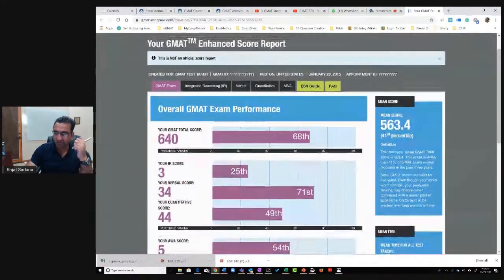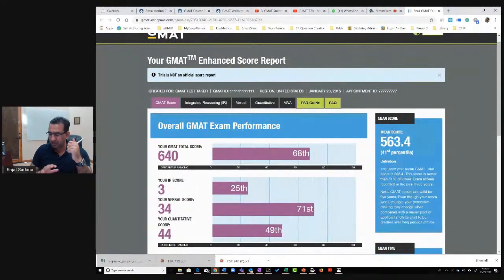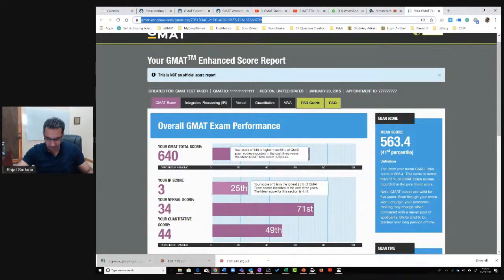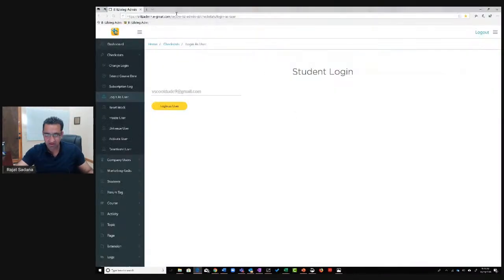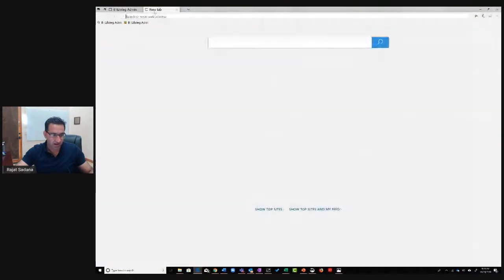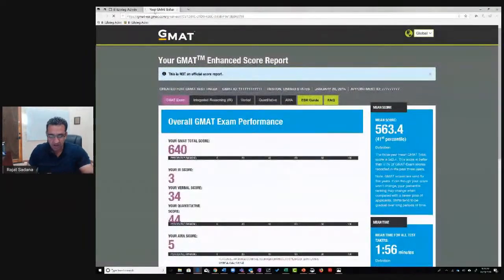Okay, this is a link by the GMAT. It's probably the best place to go to understand what an ESR is. And I want to open this link in another browser. Why? Because it allows me to annotate on it. Let's just open this link over here. And again,